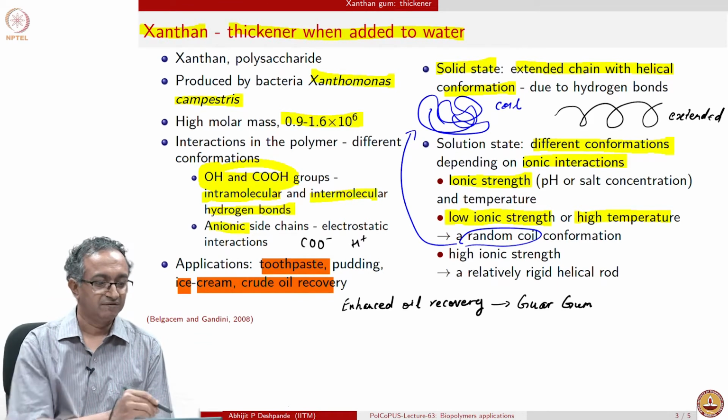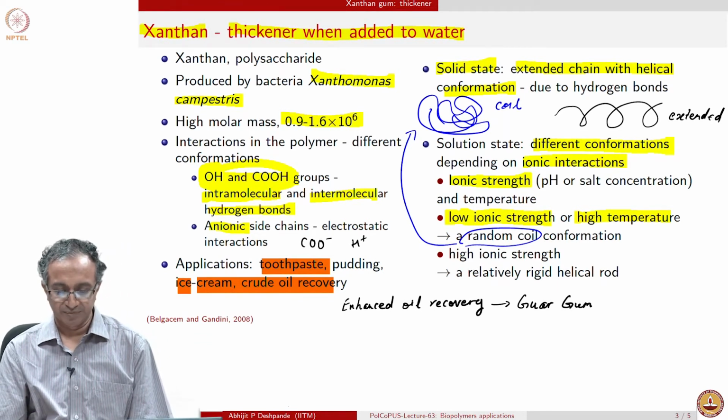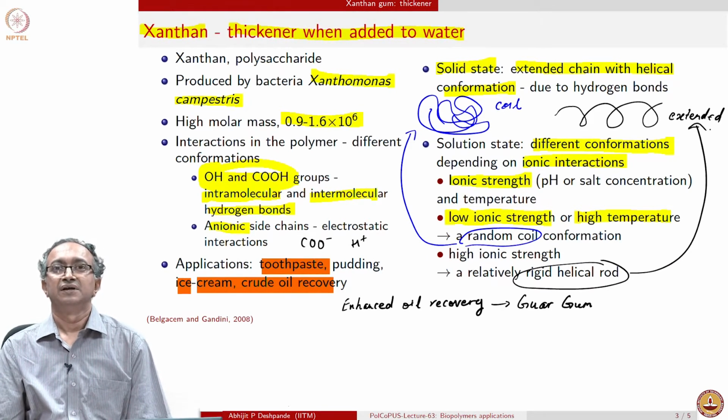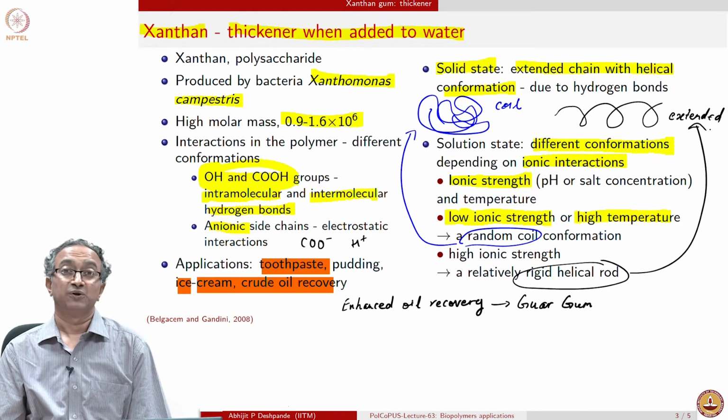and if we have low temperature or high ionic strength, then we have a rigid helical rod. Now, one of the things that you may want to consider is whether this is just